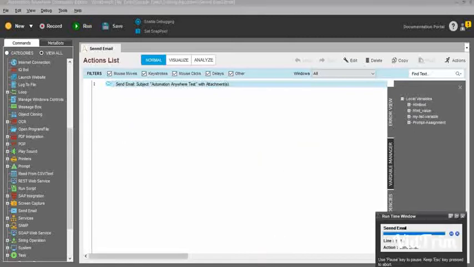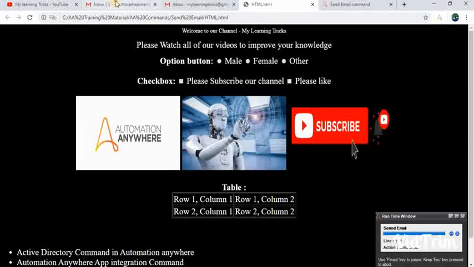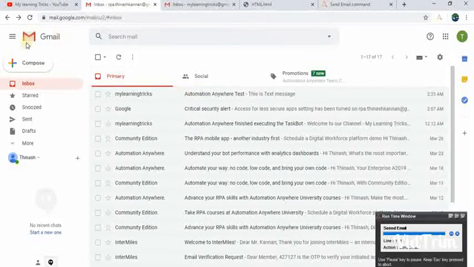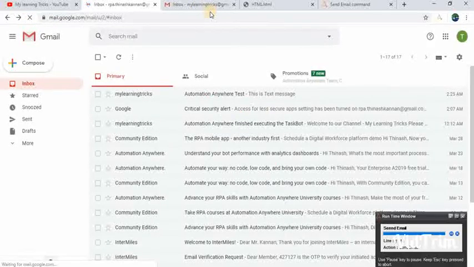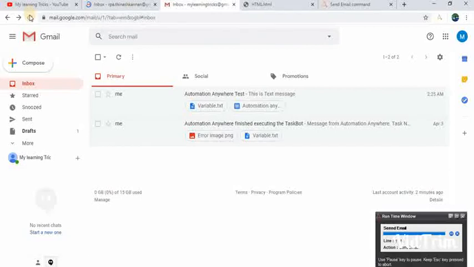The runtime window has been started, so we can directly jump into the mailbox. You can refresh this one. The runtime window is still executing. We can wait for one more second. Since this time we are attaching the HTML text, the HTML tags take quite a large time.